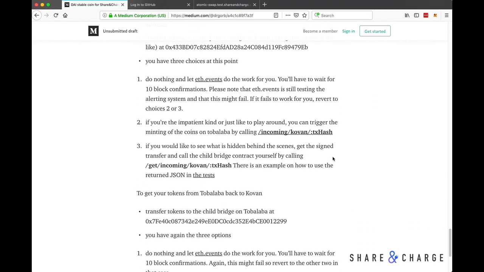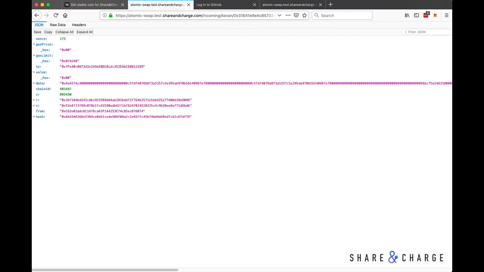And I'm going to choose option 2 because ETH events has not implemented the alerting system yet. And I can click on this link. It takes me to incoming Kovan, and at the end of it, I can simply paste my copied transaction ID. I press enter, and this will